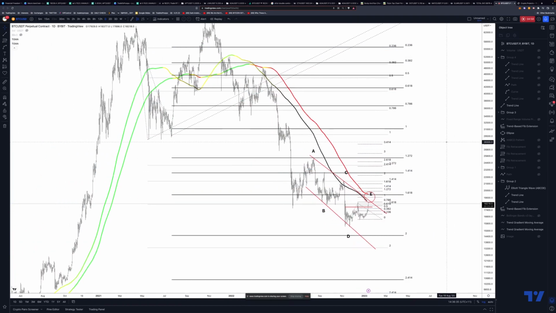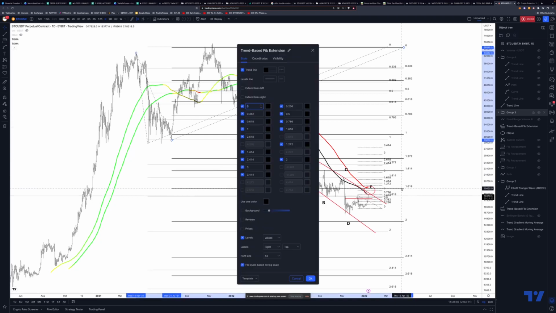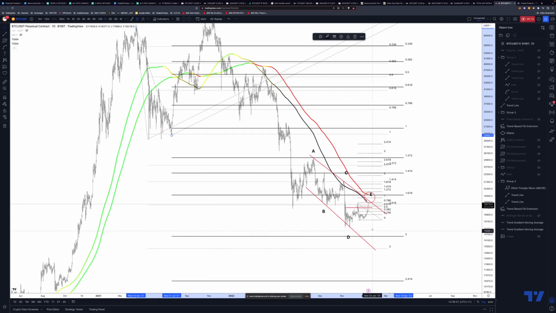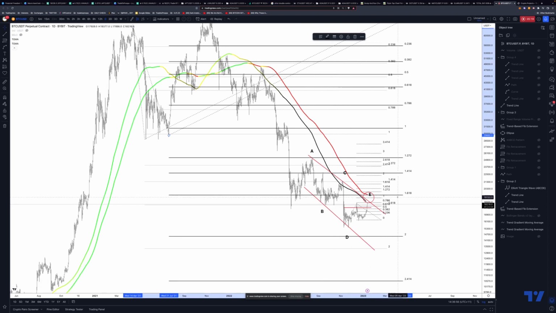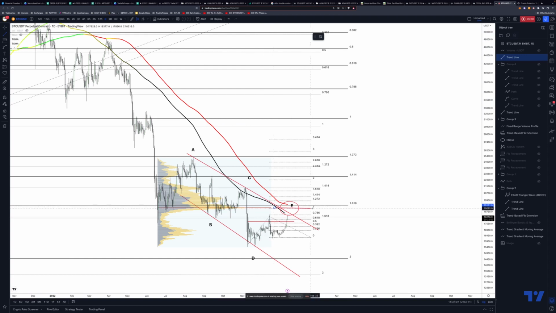You can see from the macro perspective, that's the one there. The 1.618 is definitely a strong resistance as well. So basically swing high, swing low. 1.618 from another perspective is right in the middle of this. Now, if we were to add another key component to this, where is it? This volume profile, you can see how the point of control based on volume is also very close to the 1. So even if it breaks this level,